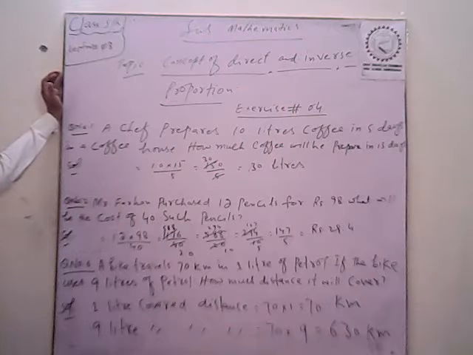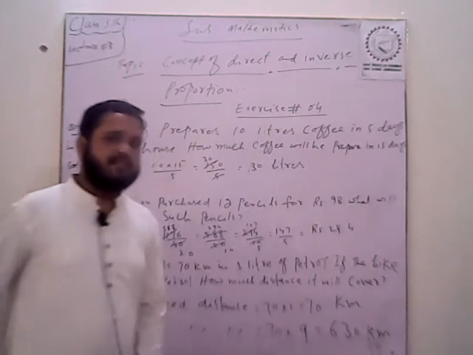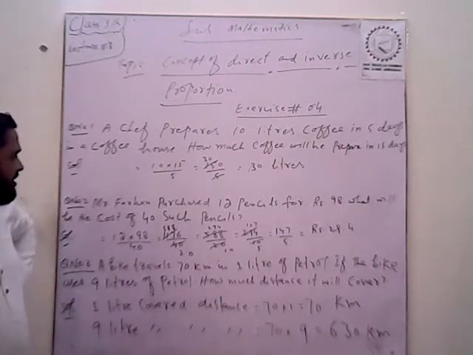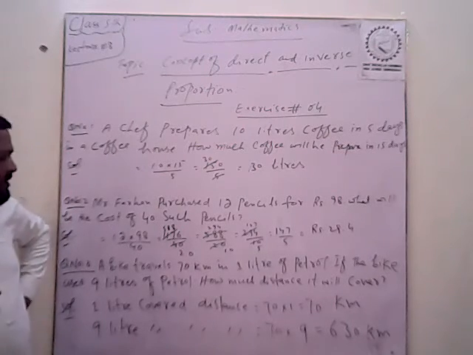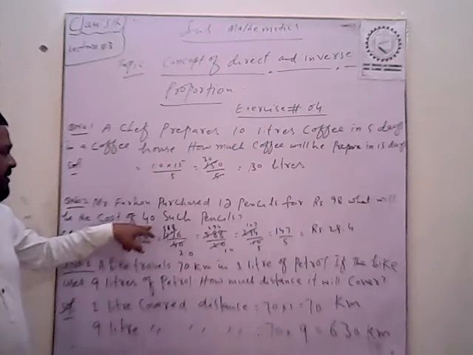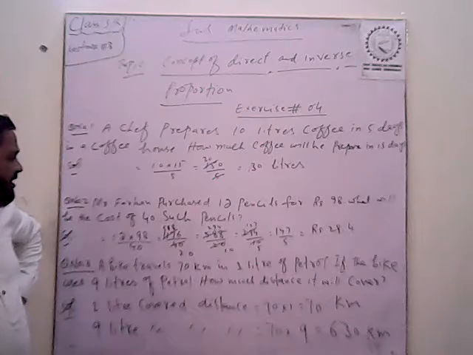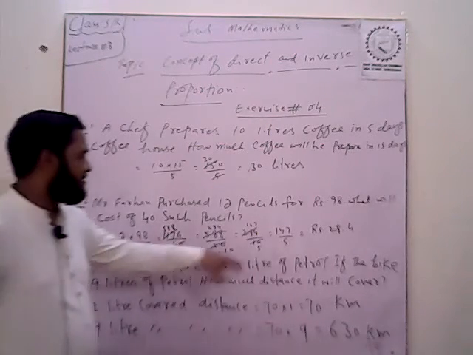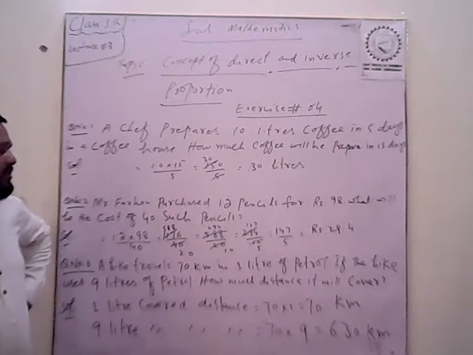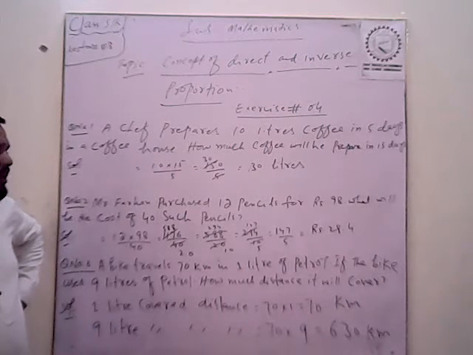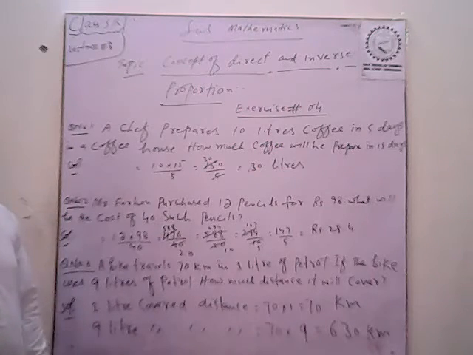So the solution is that 12 multiplied by 98, because here is the pencil price. Now multiply these purchase prices. So 12 multiplied by 98 is equal to 1176. So divided by 40. How much are the pencils in cost? 1176 divided by 40, that is equal to 147 divided by 5. Now again divided by 5. So that price is equal to 29.4. The cost of 40 such pencils is 29.4.